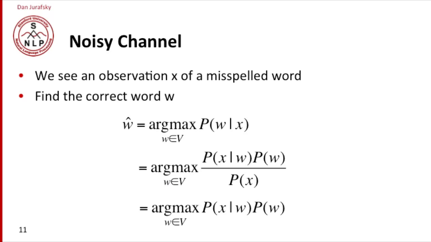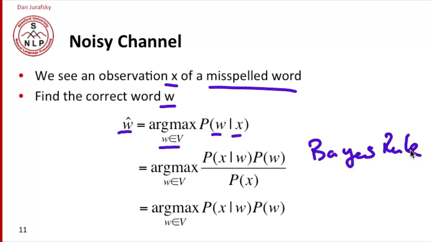The noisy channel is a probabilistic model. Our goal, given an observation X of some misspelling, some word we've seen, some surface thing we've seen, we'd like to find W, the correct word. And we're going to model that probabilistically by saying the best word, the word that we'd like to replace our misspelling with, is that word out of the vocabulary that maximizes a probability. What probability? The probability of the word given the misspelling. So given that we've seen some misspelling, what's the most likely, most probable, posterior probable word given that misspelling? And we're going to use Bayes' rule